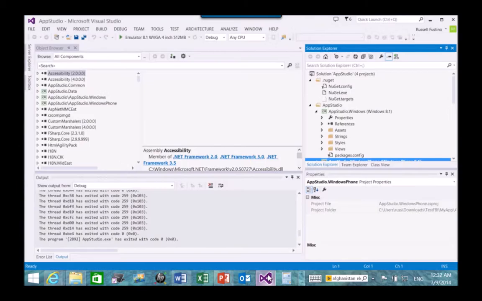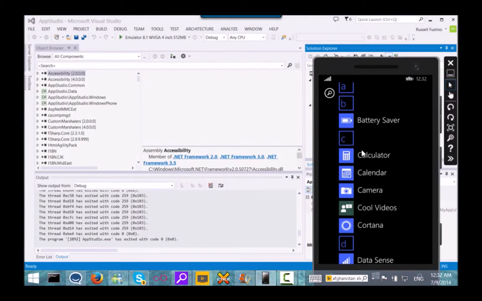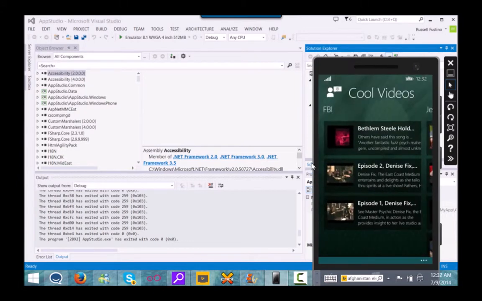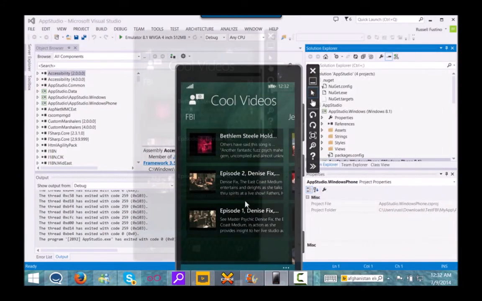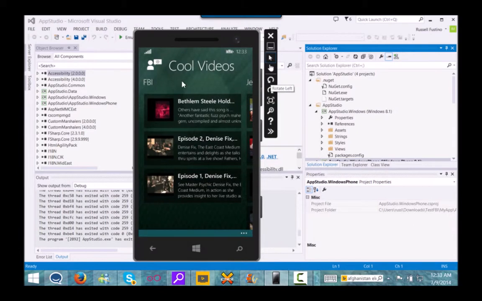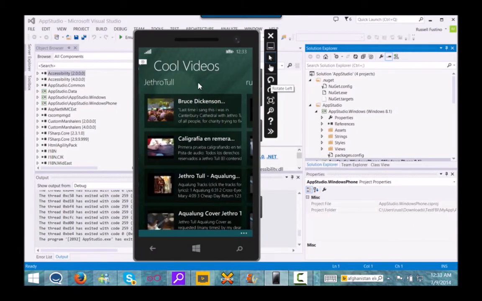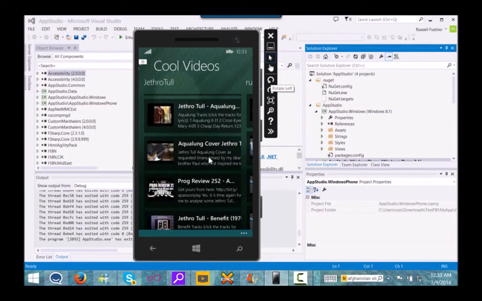Now I've already got this downloaded and running here, so let me show you the app. Right here was cool videos, and there's our FBI. Right here is a video with the one that you click on being displayed. And there's our Jethro Tull generic search. And you can see here's an Aqualung cover. So this guy is actually doing a cover inside of